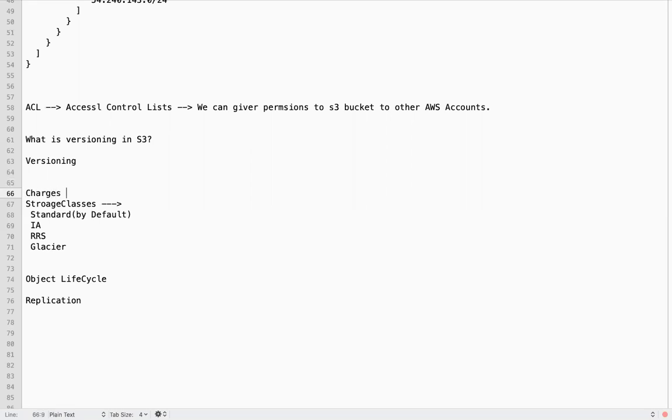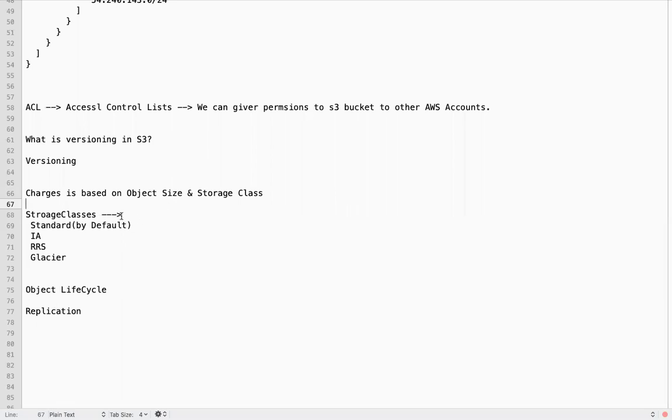The charges are based on object size and storage class, under which storage class we have the object.